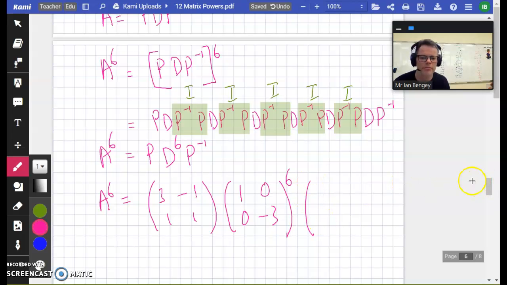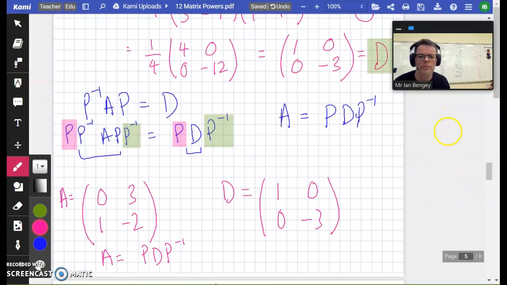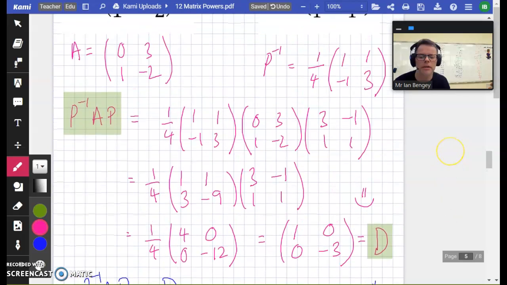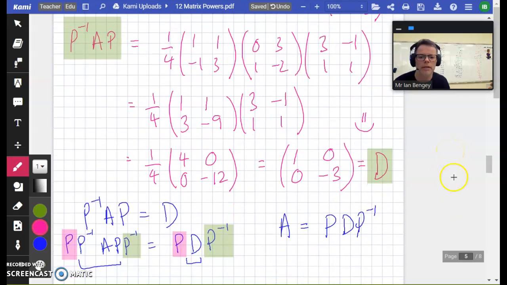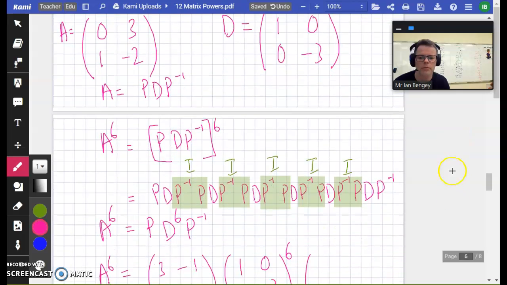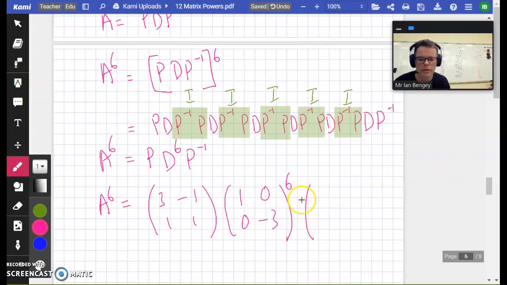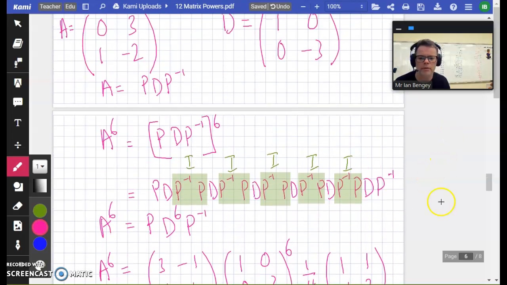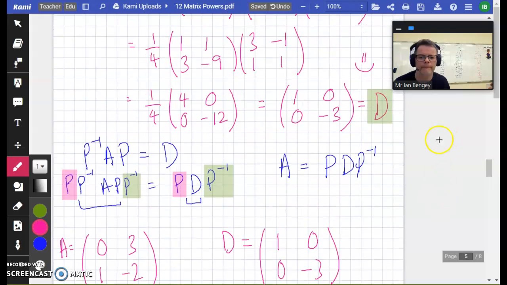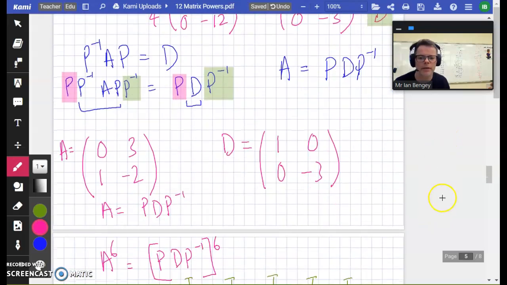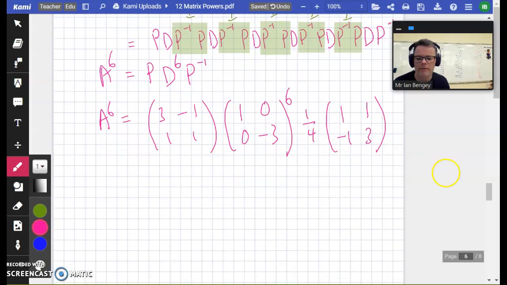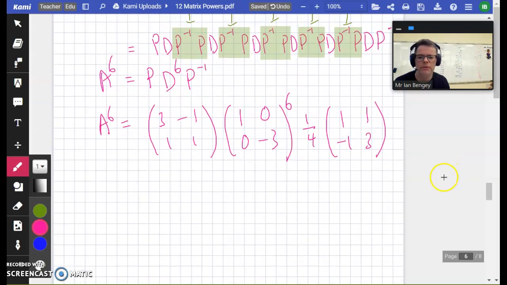And then the inverse of P, we found that right at the beginning, didn't we? Where is it? The inverse of P is a quarter, 1, 1, negative 1, 3. Yes, it was. Okay. So now, before we had a horrible situation where we couldn't find A to the power